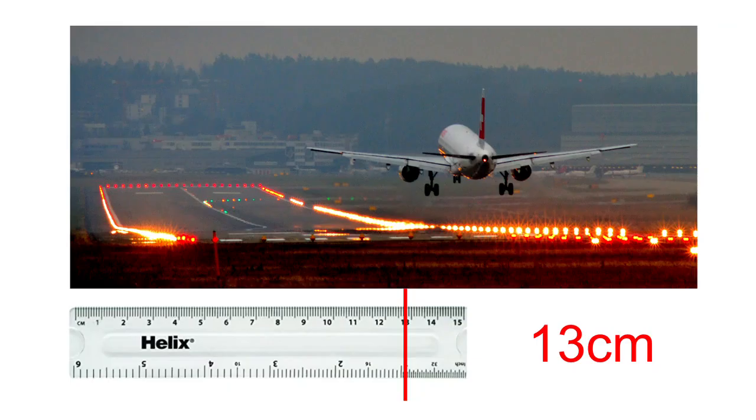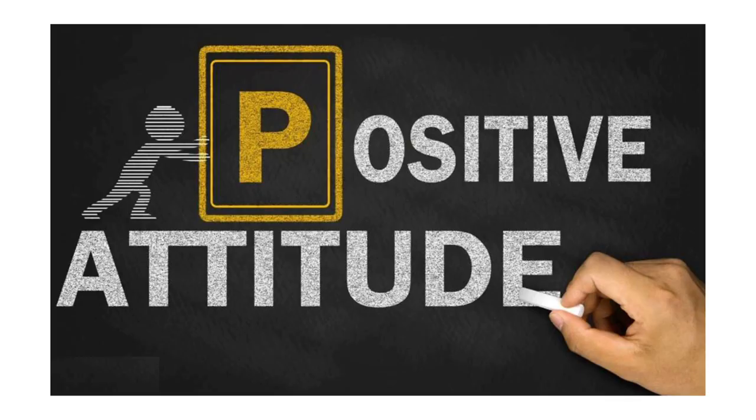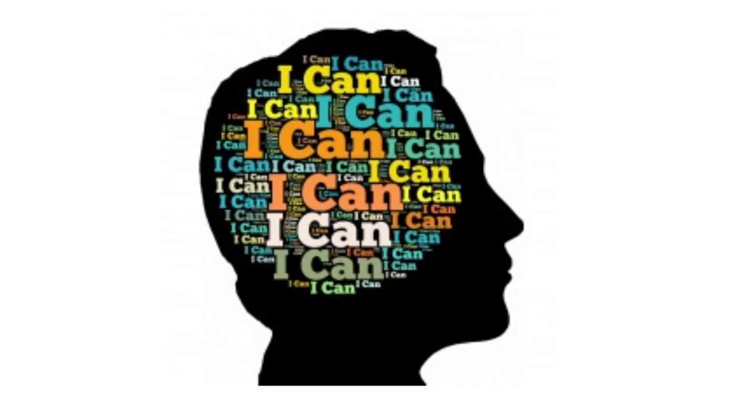Or, what's the shortest safe stop distance for a runway for this plane to stop? And you calculate 13 centimeters. That's shorter than a ruler. Again, it shows that you're not really understanding what's going on. So we're trying to eradicate them mistakes today. And I'm going to show you with a positive attitude that you can do this if you follow my instructions